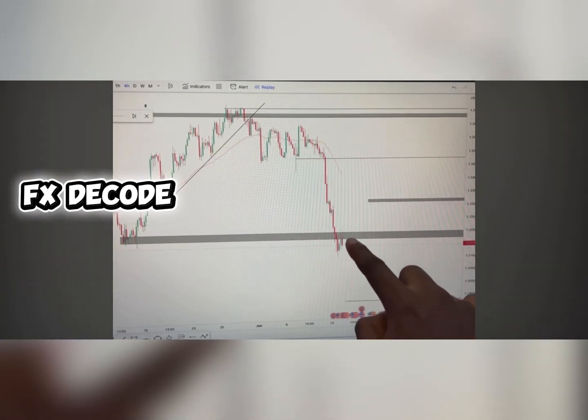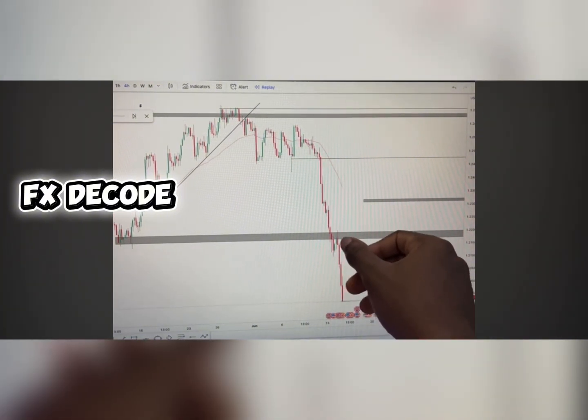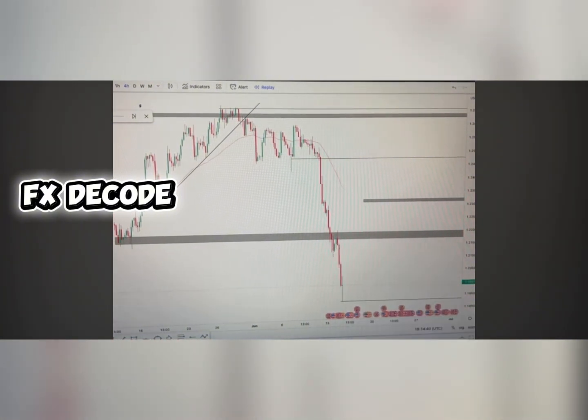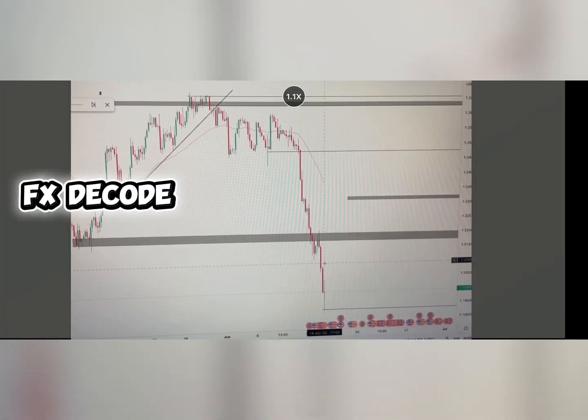You can see the market retested it and gave you a shooting star. When the market pulled back, it retested this point and gave you a shooting star. This zone is already a resistance level at this point, and it gave you a shooting star here. This would have been a perfect sell for you. You have to target the next low, and eventually the market dropped. So this is a clear example of